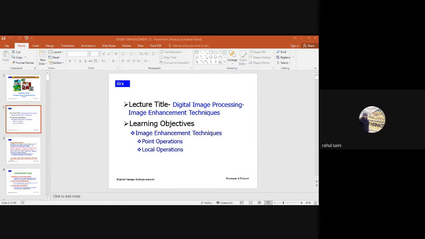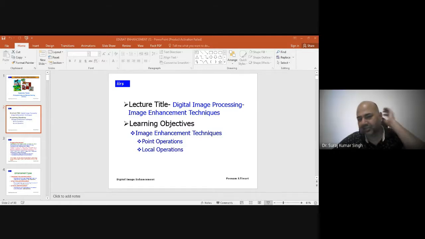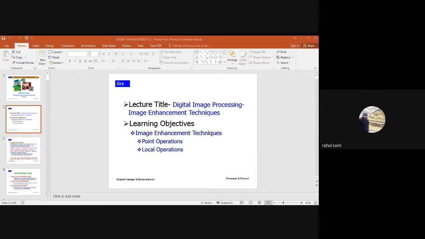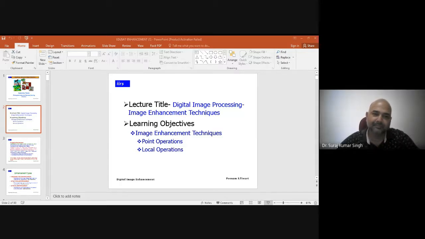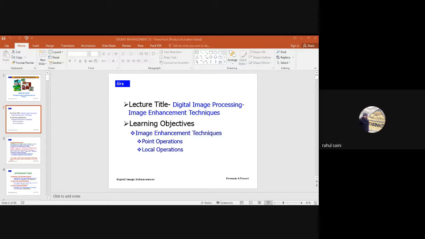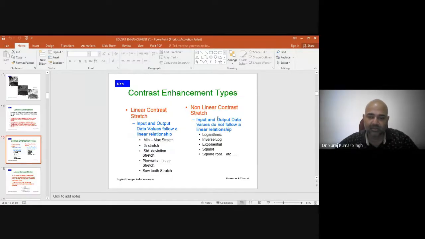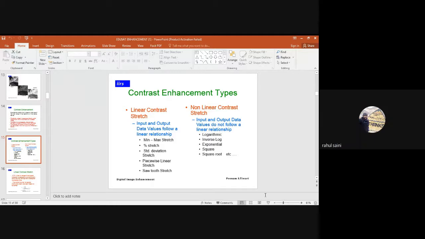We have done this yesterday till here. We have completed. Okay. Sir, your slide is not moving. Slides are moving. Can you see? Sir, I see your slide, but it is not moving. Pardon? Can you see now? Yes, sir.